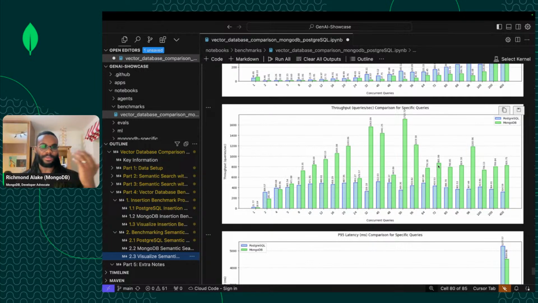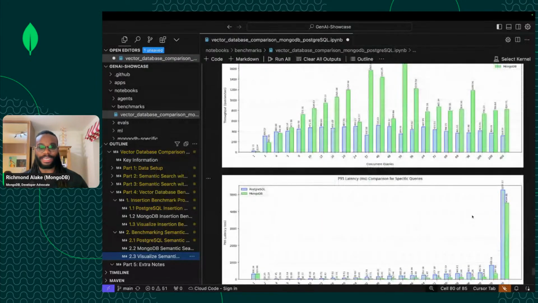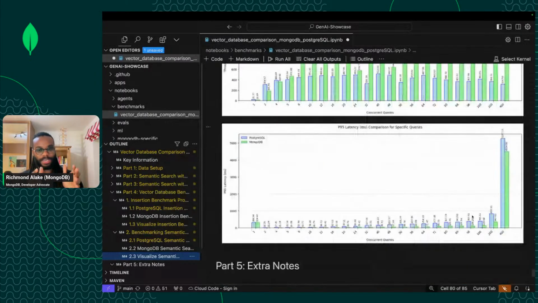So again, performance in the throughput. And the last thing, again, is latency, the P95 latency, which is a metric that measures the amount of time it takes for you to get 95% of your results back from your database. You can put this down to P90 and do different measurements around here. So again, this is the warm-up for the spike, but as we start to look at the real scenarios, MongoDB remains performant